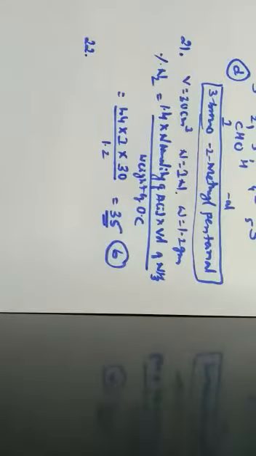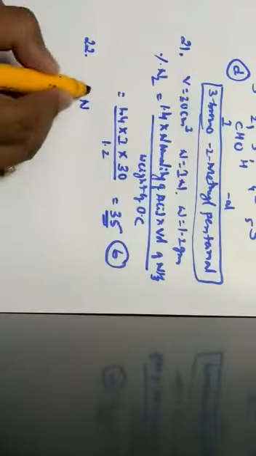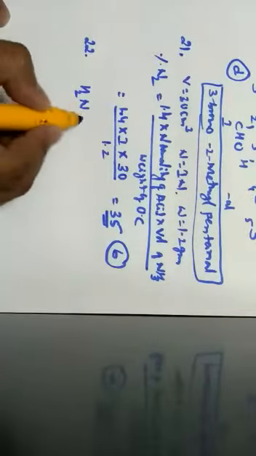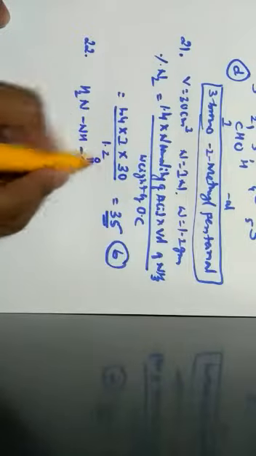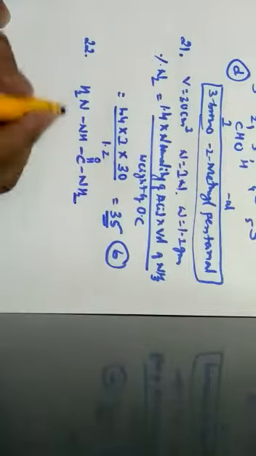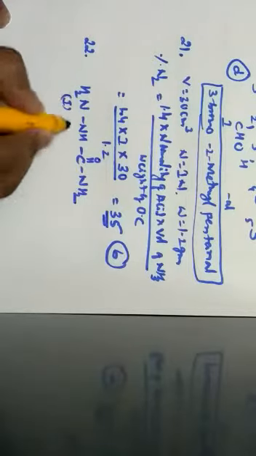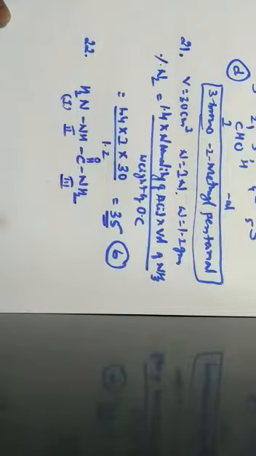Next one, question number 22. Which one of the nitrogen atoms in the given structure is most nucleophilic in its nature? Okay, let us write the structure first. That is NH2, single bond NH, C double bond O, and it is NH2 again. They have named this as the first nitrogen, the second nitrogen, as well as the third nitrogen.